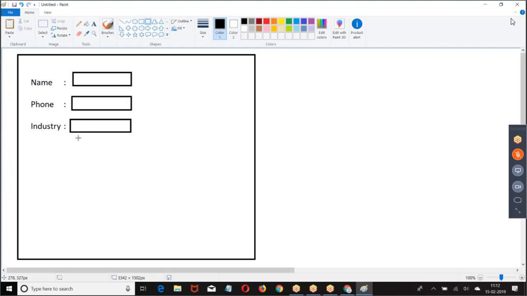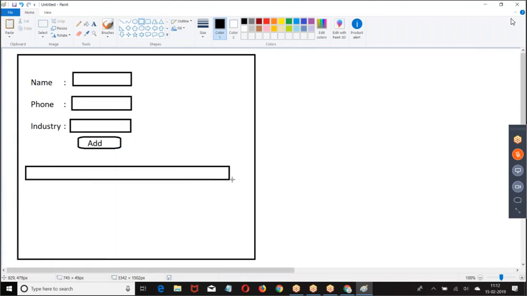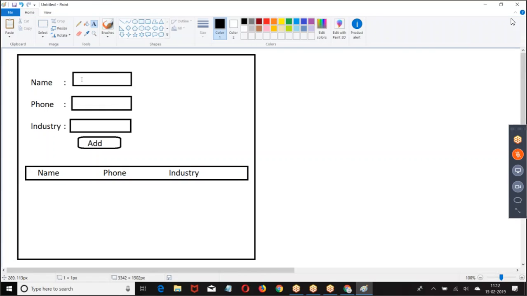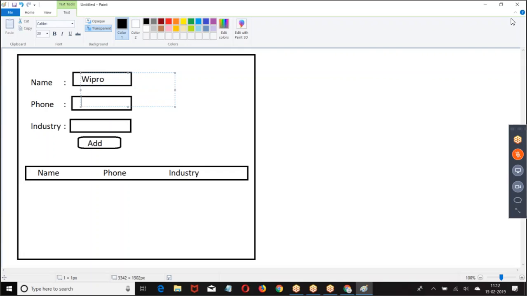I am going to enter the data, click on add, then display the data at the bottom, adding it to the list. When I enter Wipro, banking, click on add, that record is added to the list.